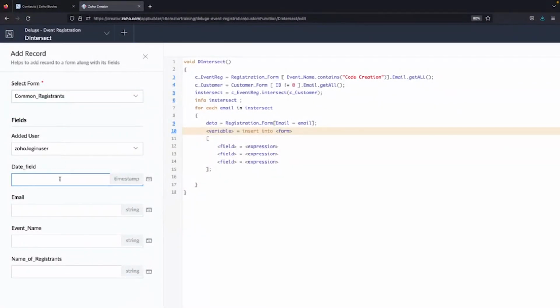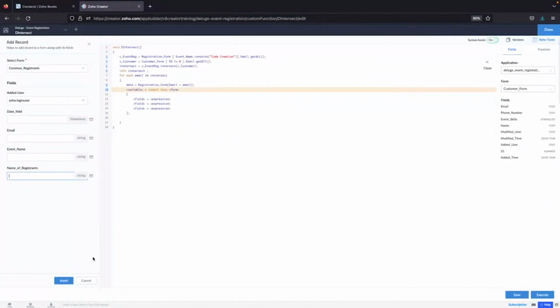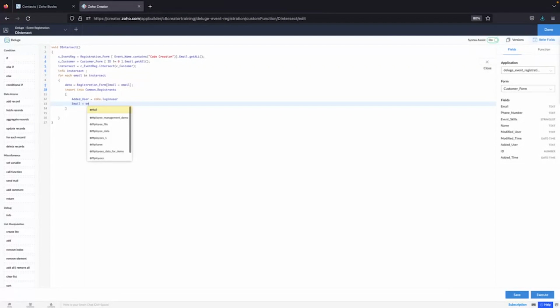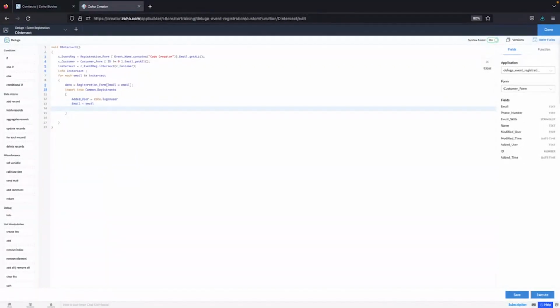So I do have the date field. In the date field, email, event registrations, and name of event, we do have an option to add everything. So I'll simply go ahead and add the details over here in the same format. I'll simply click on insert. So let me go ahead and add the details. Similarly, I'll add everything, let's say for email, I'll use email address. For name of registrants,